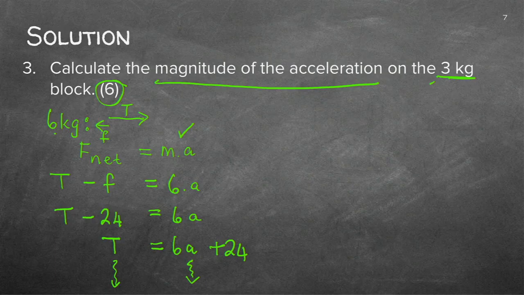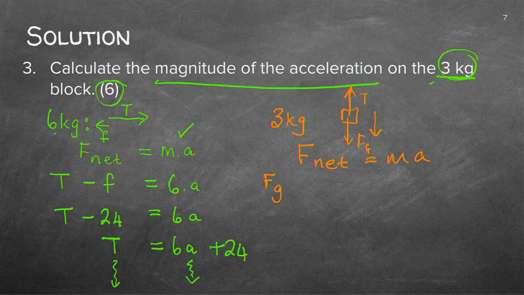So I can't go further than that. But I also had a 3 kilogram block. Remember, they asked me in actual fact the 3 kilogram block. So let's go and have a look at the 3 kilogram block. The 3 kilogram was hanging like that with the gravity going downwards and just the tension upward. First again, the equation. Then I have it's going downward. So if G is greater than T, that is for the 3 kilogram block.